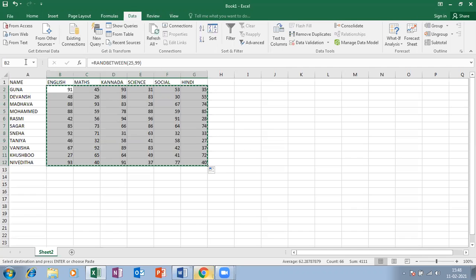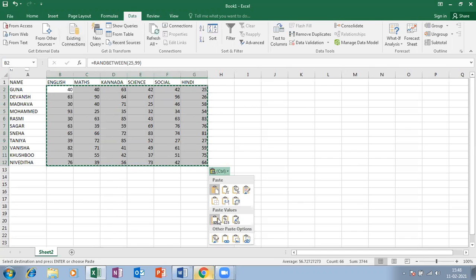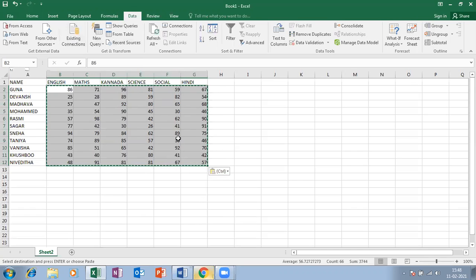Control C, Control V. See, the values change when I paste it. After pasting, click on the paste special option and choose values. So now everything is converted into values.